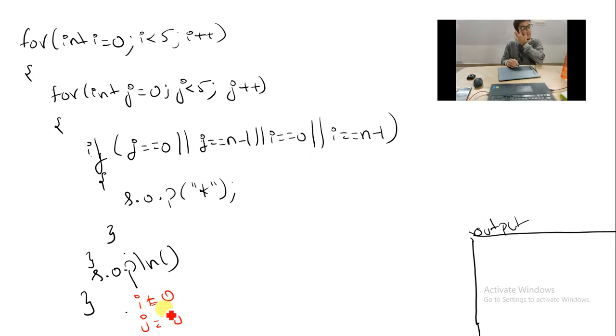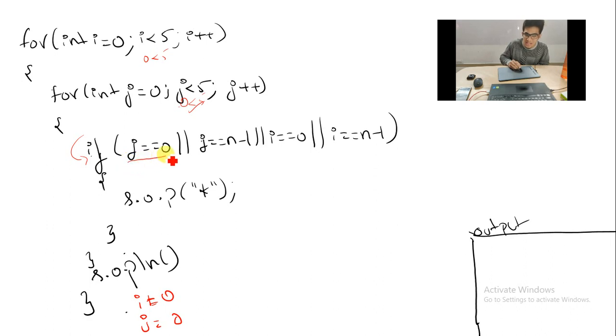That is fine. When the control comes here, is 0 less than 5? Yes, 0 is less than 5. So the condition is true to execute the j loop. j is executed. Is 0 less than 5? Yes, this condition is also true. Now what I want you to understand is, this if condition will be checked each and every time. Control will come here now because the condition is true. It will execute this if block.